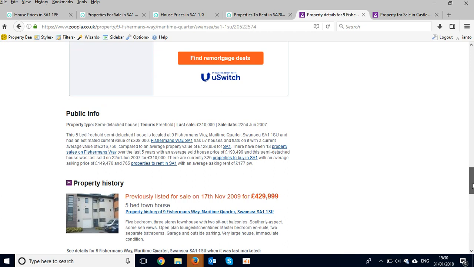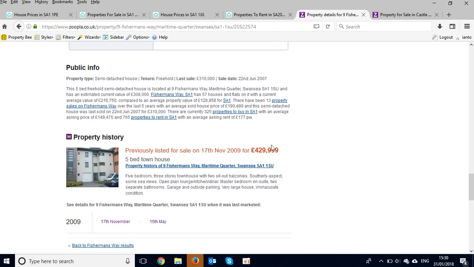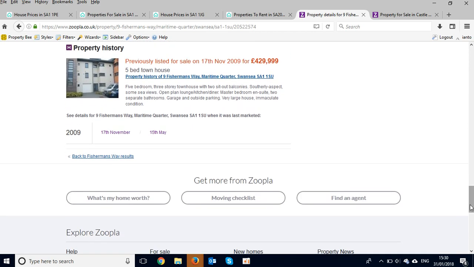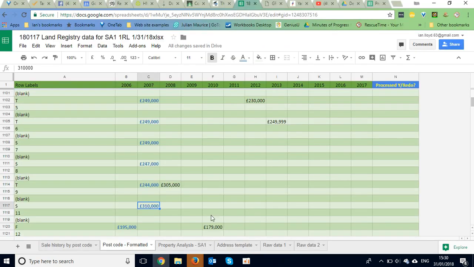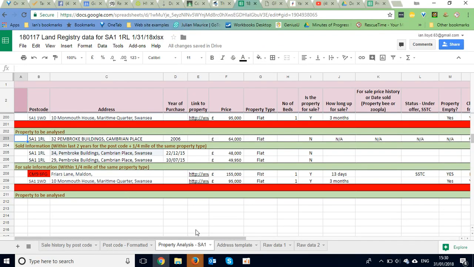Now, does that mean they're motivated? May do. They were trying to make quite a lot of money, so there might be ulterior reasons for doing that. That's a good example again, and we'd capture that because that gives us an indication of how motivated they are. Okay, and then you obviously come back, capture all the information in this sheet. When you then want to capture the sold information,